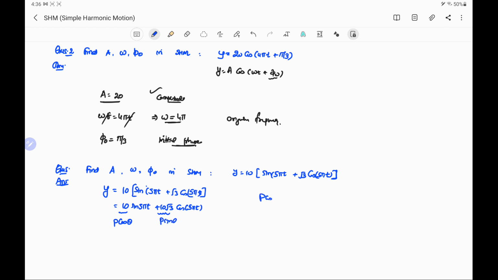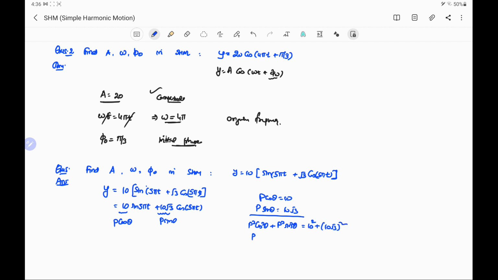So p cos theta equal to 10, p sin theta equal to 10 root 3. To get the value of p and theta, we first square and add. On squaring, the first expression becomes p square cos square theta, and the other is p square sin square theta. These are the left hand sides, and on the right hand side we will have 10 square plus 10 root 3